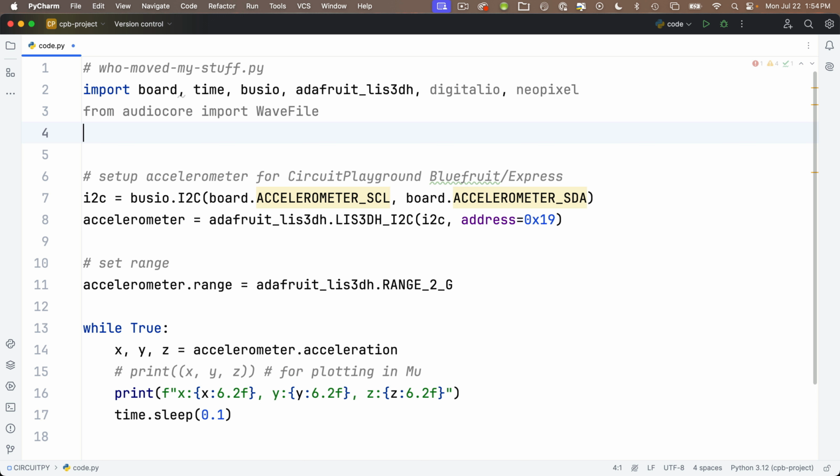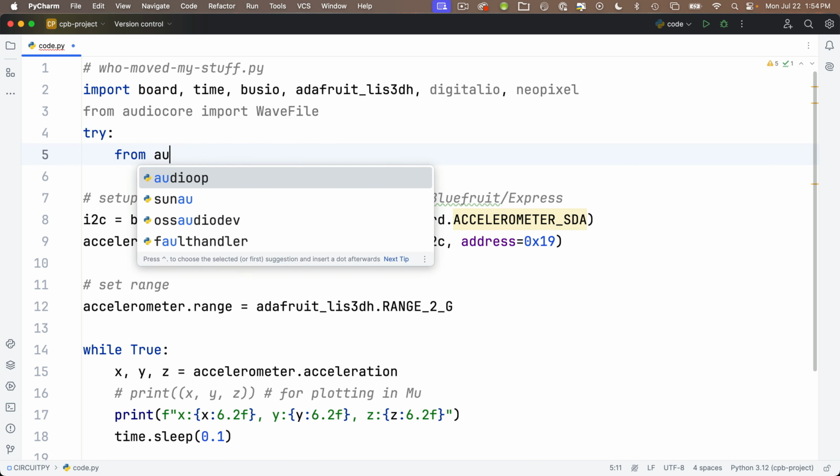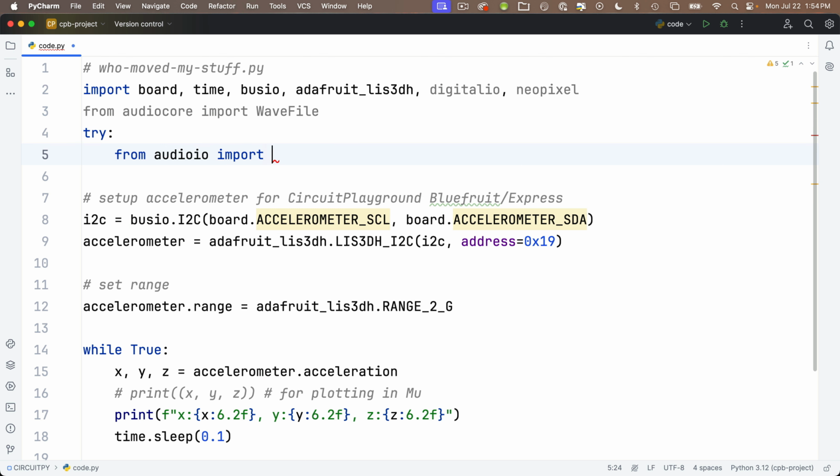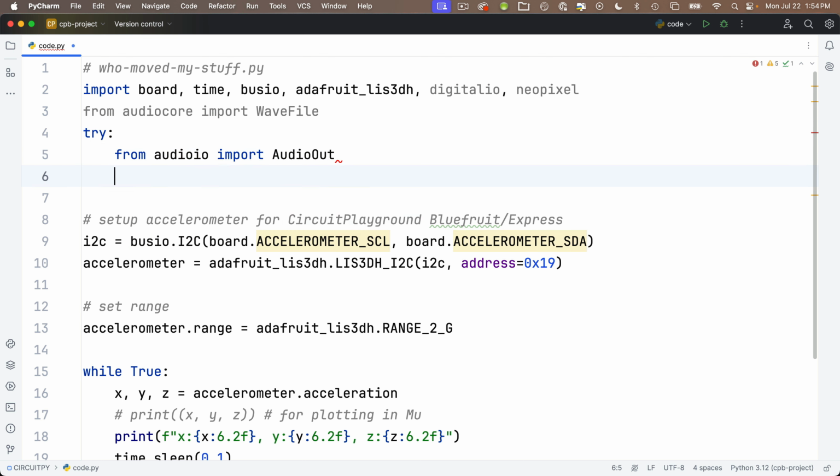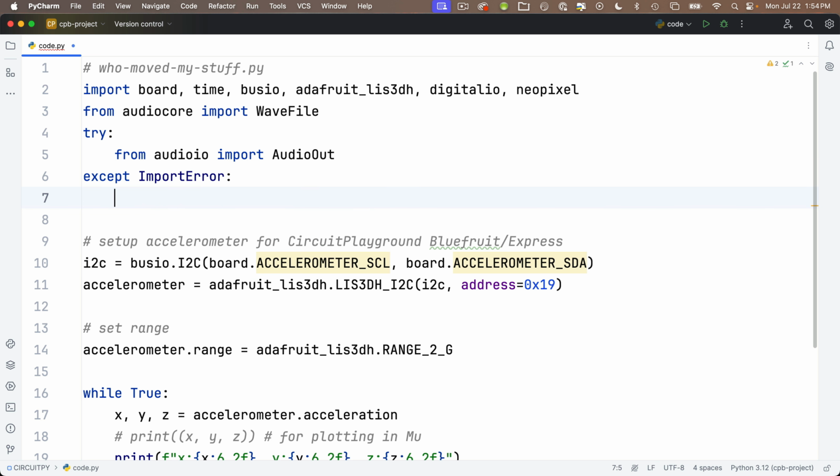The difference in the boards, by the way, is that boards like the Express have a built-in audio circuit. That's called a DAC, D-A-C, for digital analog converter, whereas the others require a different technique called PWM, which we'll discuss later. So the code for all boards is try, and then indented it's from audio IO import AudioOut with a capital A, capital O. Either this is going to work or it's going to throw an error. And if it throws an error, we'll outdent and we'll say except ImportError, capital I, capital E,